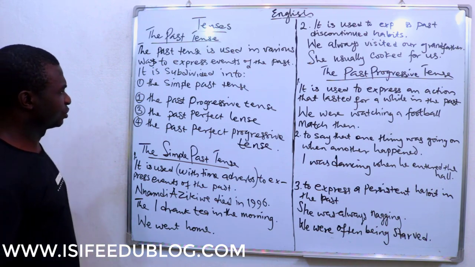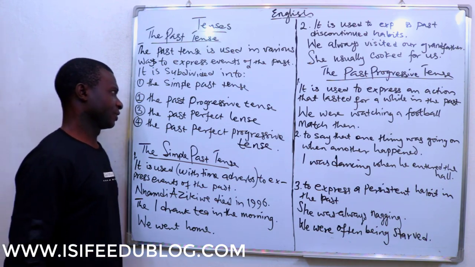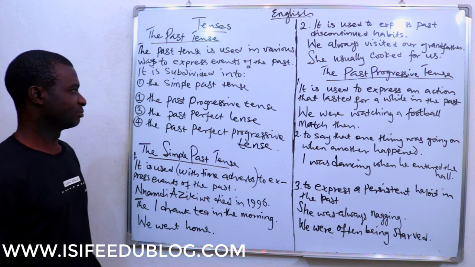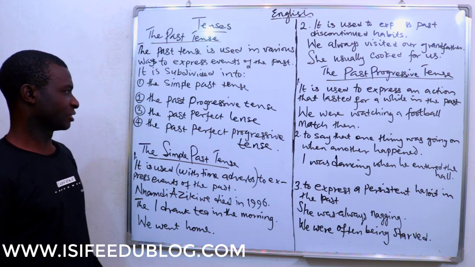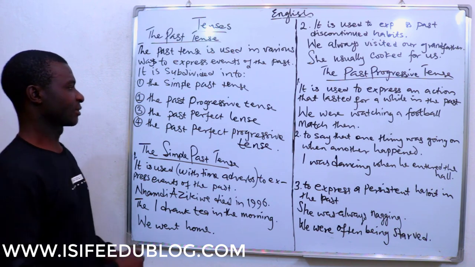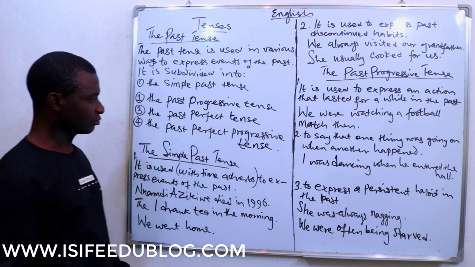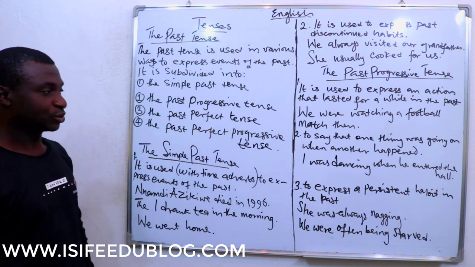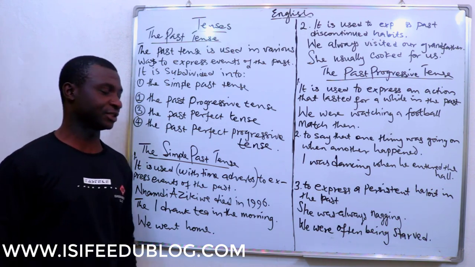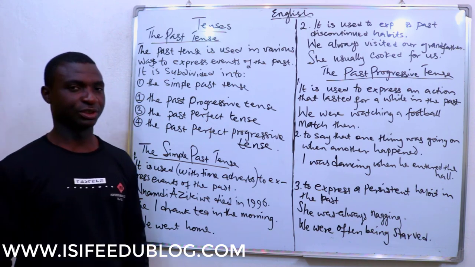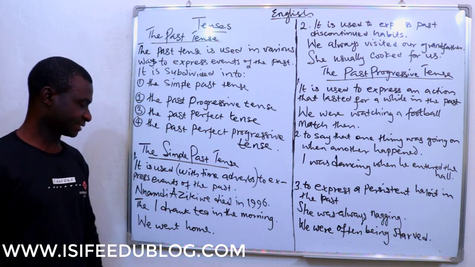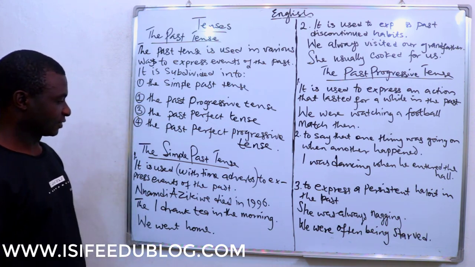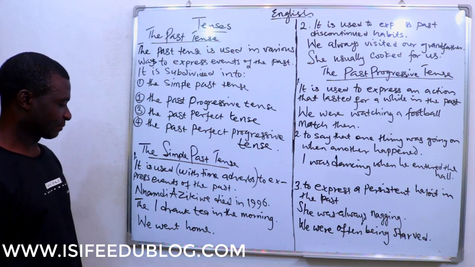It is subdivided into four: the simple past tense, the past progressive tense, or the past continuous tense, the past perfect tense, and the past perfect progressive tense. So we'll look at how each of these subdivisions is used. First, we have the simple past tense. It is used